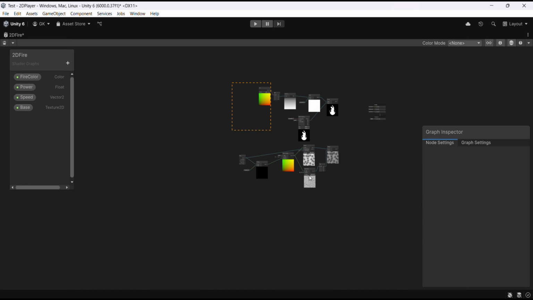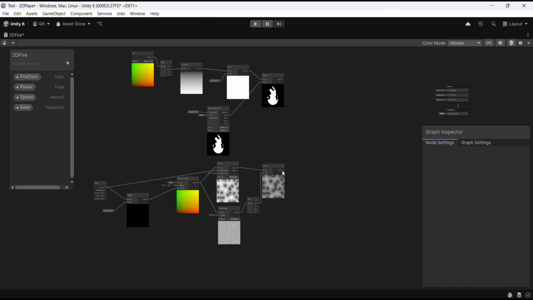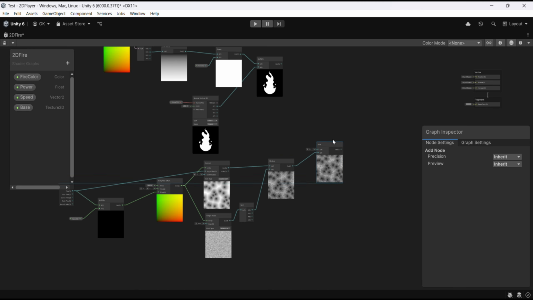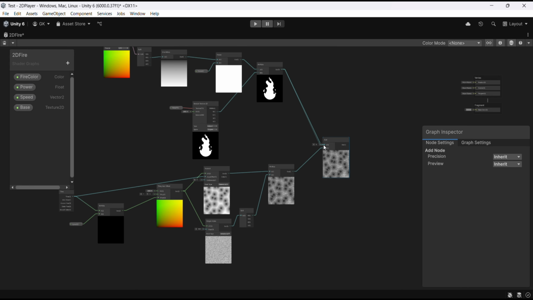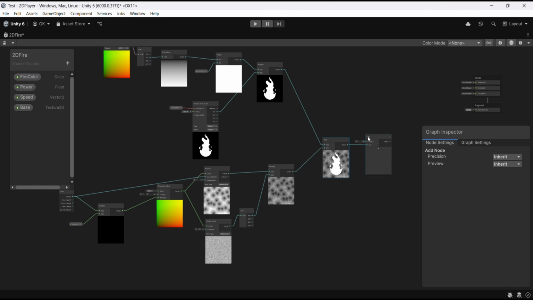So I want to add, fire will be like this, and I'm going to use Step in. So we got the fire, and one more thing, we are going to get the color, so we need